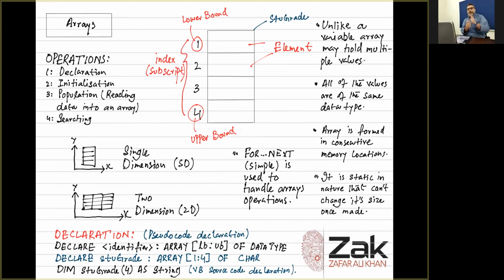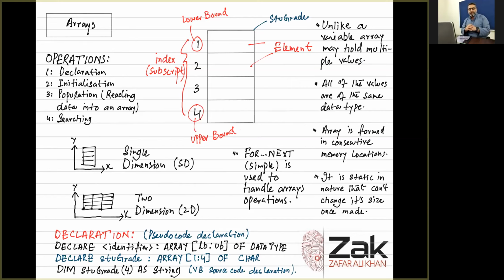in one go. What does it mean, whole operation? Whole operation means if it is initialization, the whole array from lower bound to upper bound will be initialized. If values are being input to the array, meaning it is being populated, it will be populated from lower bound to upper bound. If it is being searched, it will be searched fully. If it is being sorted, it will be sorted fully. So whatever the operation, initialization, population, searching, sorting, they all happen from lower bound to upper bound in one